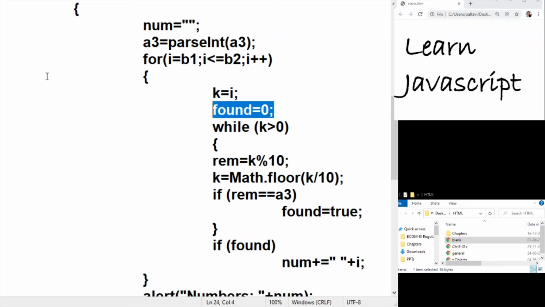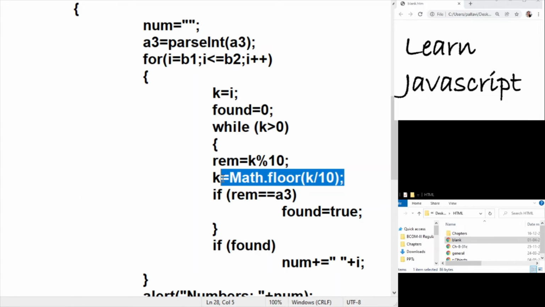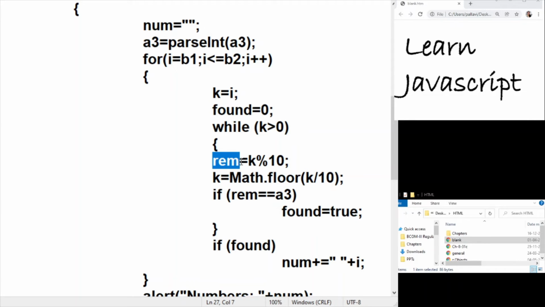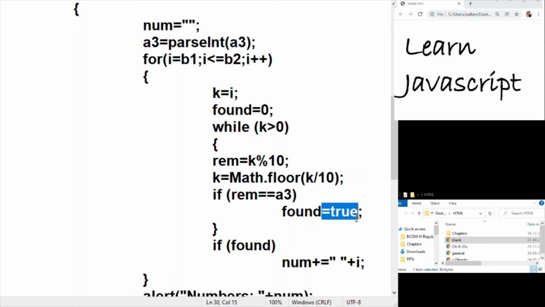So now we will take the number which is stored in k, and as long as it is greater than 0, we're going to find the remainder, that is the last digit should be extracted, and then we are going to reduce the number by dividing it by 10. At this point, if the remainder, that is the last digit you have extracted, is equal to the search digit, then we will not set the value of the found flag to true. Rather, we will be incrementing the value of found. So every time the digit we are searching for is found, the value of found will be incremented.